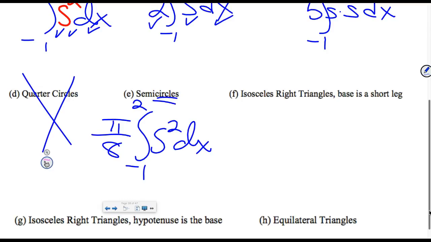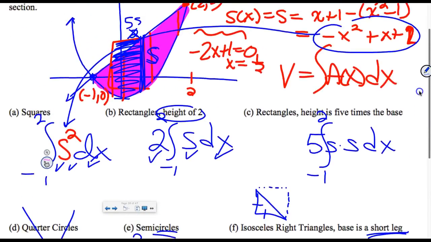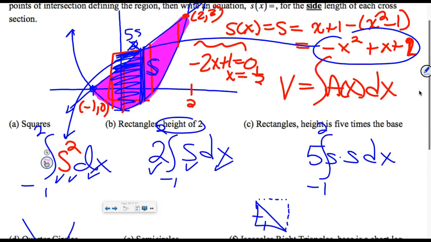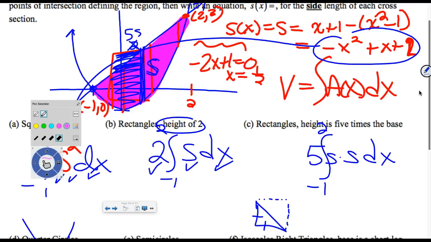For the isosceles right triangle, it depends on whether the legs across the base or the hypotenuse is across the base. Okay, so if the legs across the base, we have a multiplier of 1/2, and this says base is short leg. So if, by the way, if you have a hard time visualizing that one, man, my picture's getting super messy, but I'm not going to bail on it. I'm going to grab yellow so you can see it. This would be,